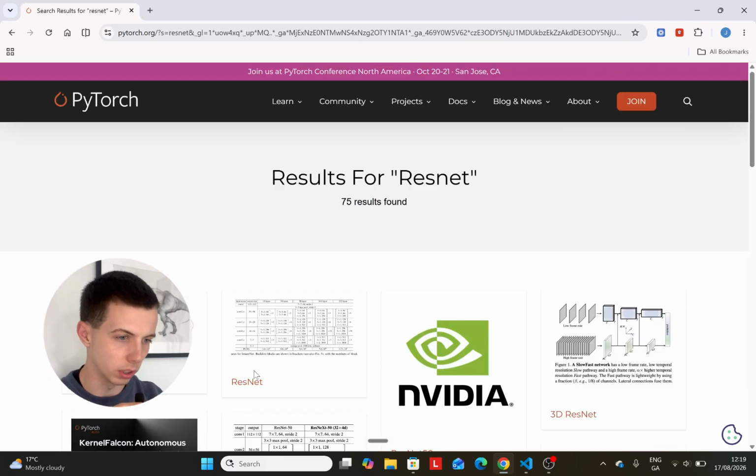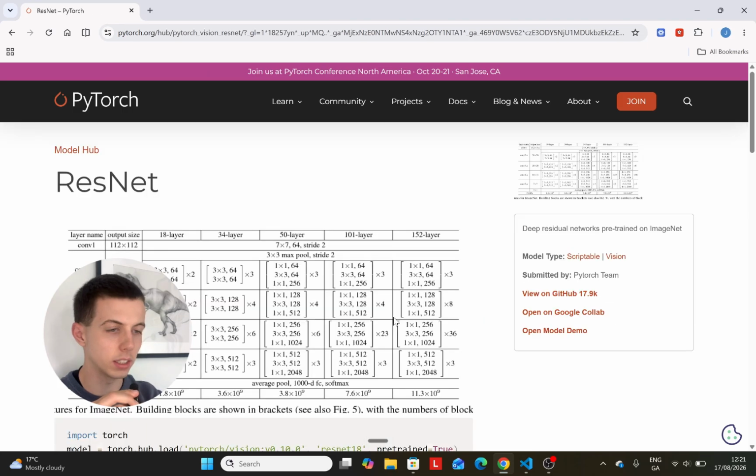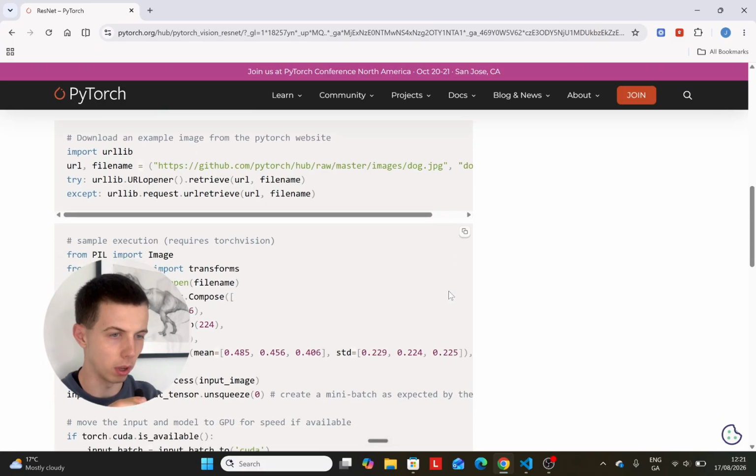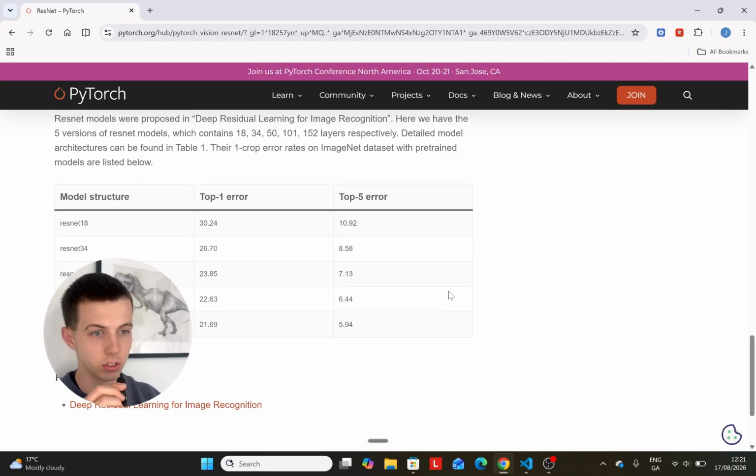Okay, when that's come through, you're going to want to choose something like this. And it's going to bring you to a page similar to this. Now, this is, I believe, a description of the model. And the way I put it, if you scroll down here, is there's different subcategories of models, different layers of models. And the lower layers are the kind of lighter, lower weight models that we'll be using in this case, the ResNet 18. And then there's the higher layered models, the heavier ones, ResNet 152, ResNet 101. We won't be using these ones because it's not really feasible for the project we're in, but they have much